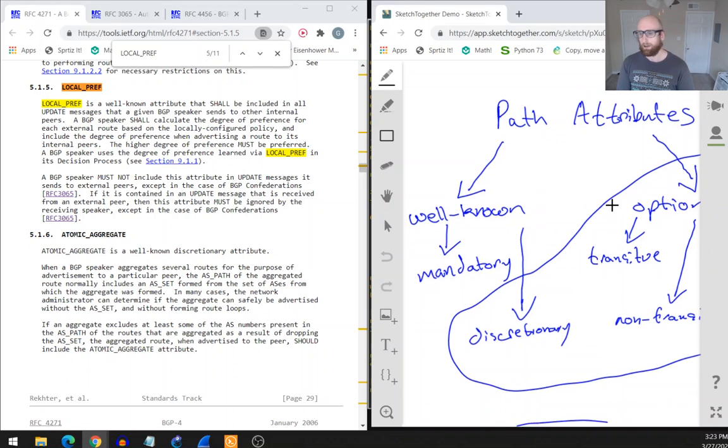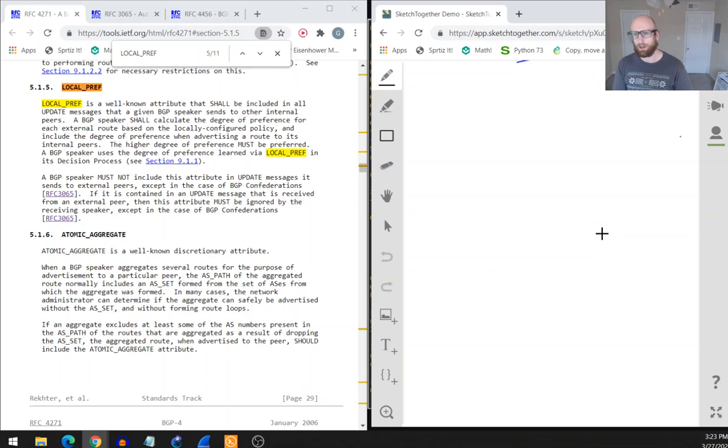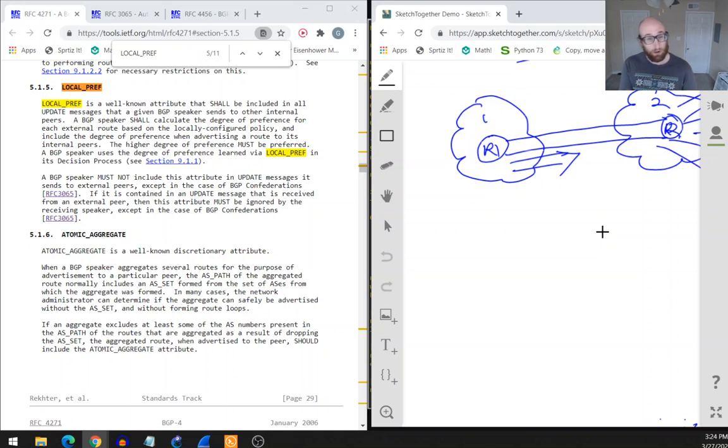Okay, so if I scroll down, now remember, I'm going to draw the MED first, so we can see a clear comparison between the two. Here I have an AS of 1 and here I have an AS of 2. I've got a router in each, and two links between the two, so I can send a MED value from this router, we'll call it R1, over to this router, we'll call it R2, and then when traffic is sent from AS2 to AS1,